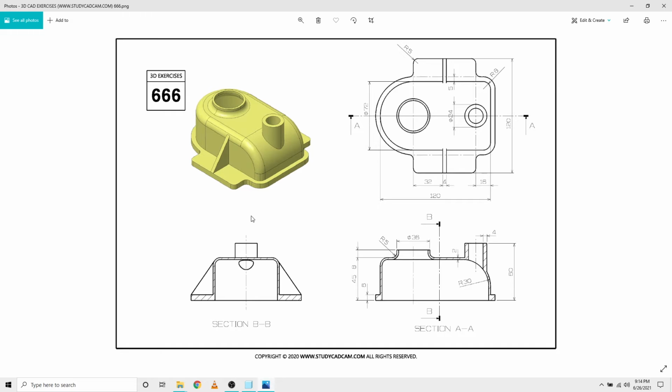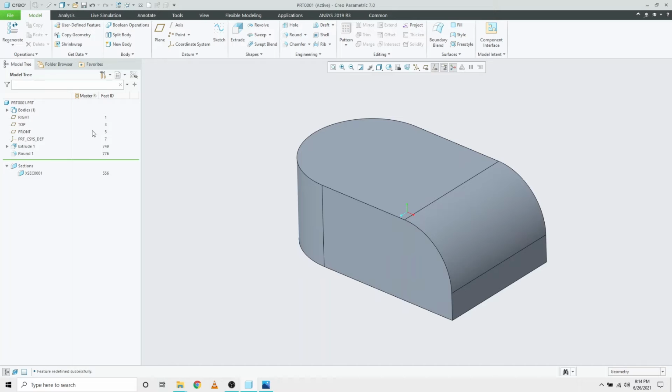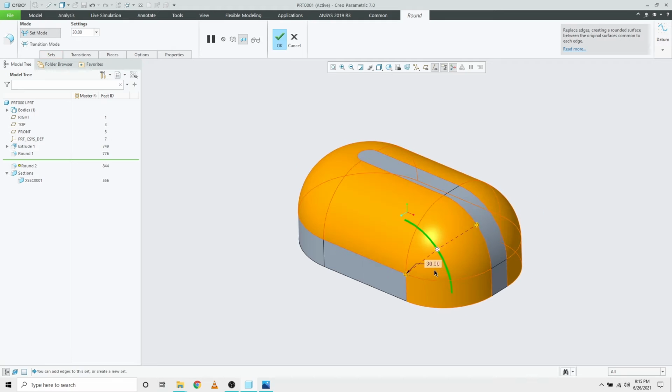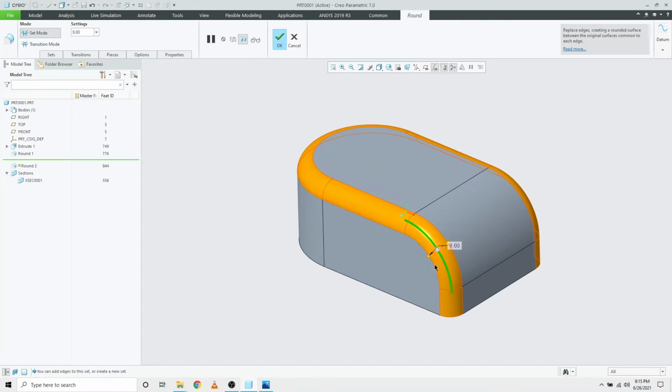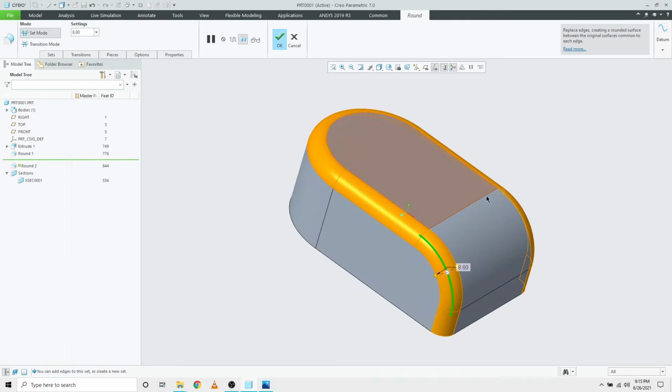So the third thing I'm going to do is that we are not finished with this feature yet. We also have a round on the side which is R8, which says radius 8. So we need to make that round also. So now I'm going to pick this round command and pick this edge, and Creo will automatically pick all the relevant edges. Pick 8, press enter. So it is selecting the chain by default, and you can exit out of the sketch.